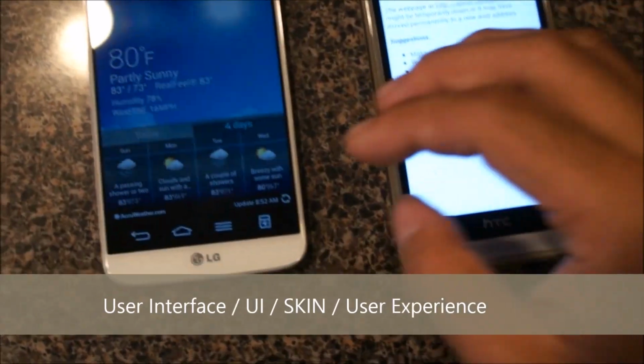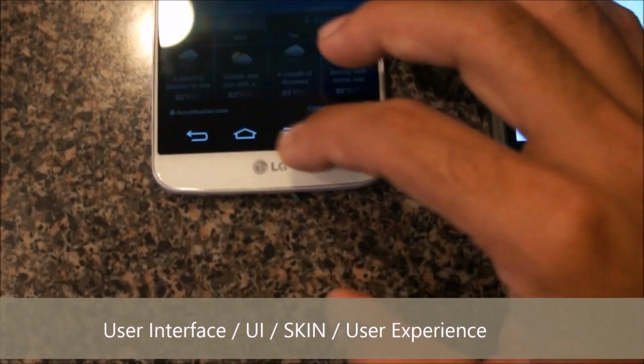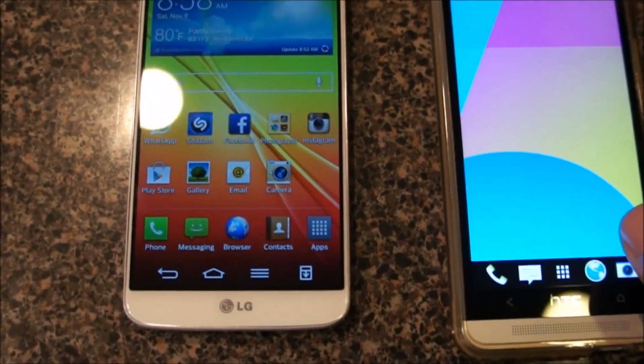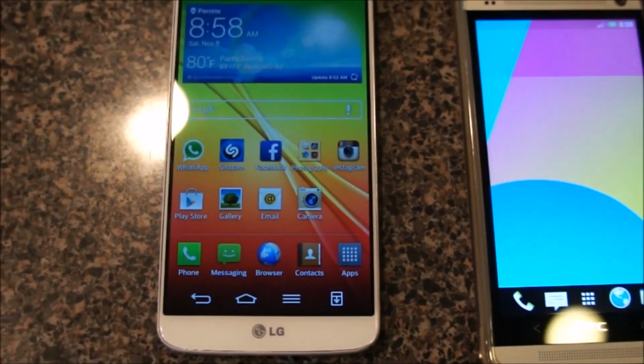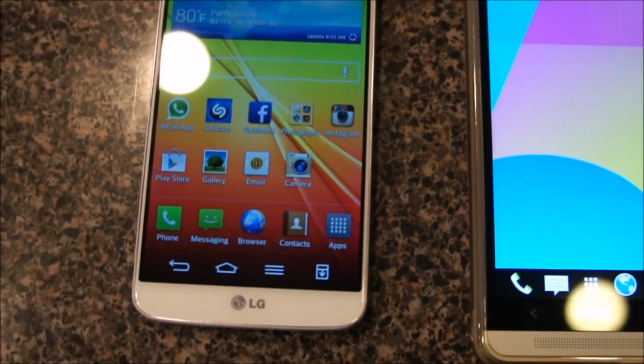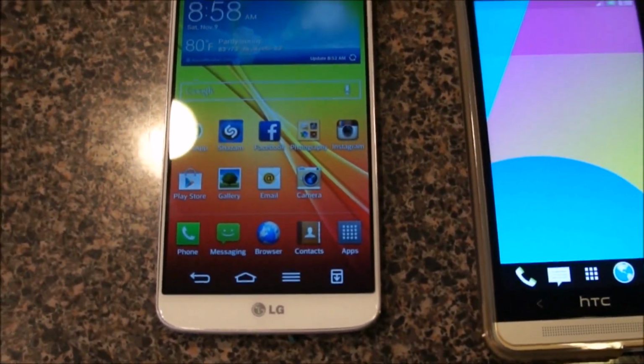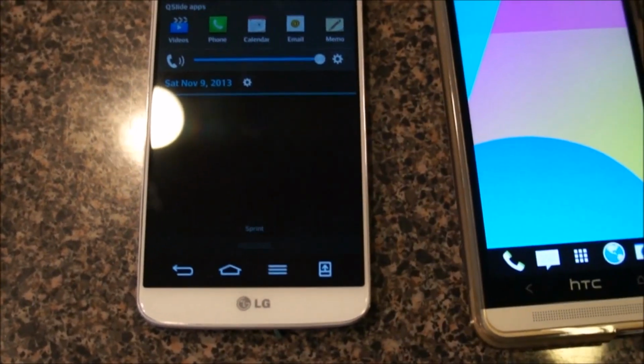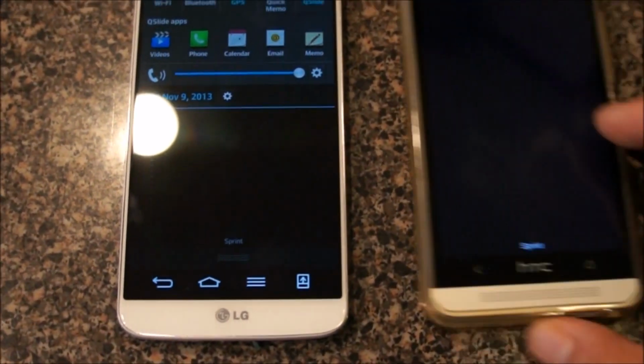Okay, so a lot of things that have been said about the LG G2 is how complex it is as far as the skinning and the UI really, and how it's really loaded. I've been playing with it for about 2 days and I really haven't seen anything that's too drastic. Obviously